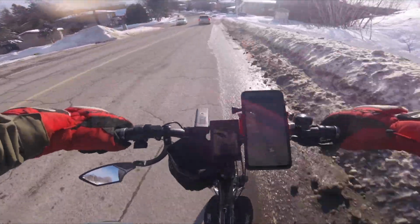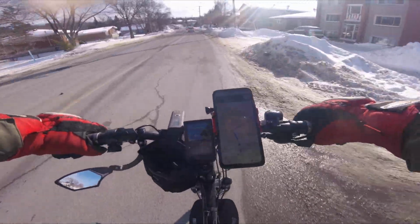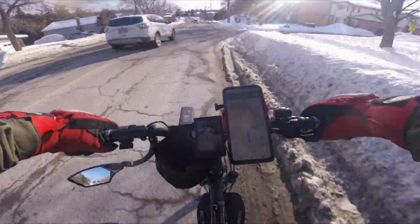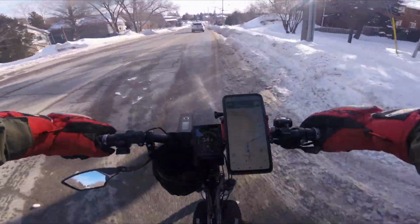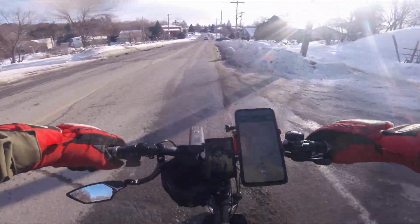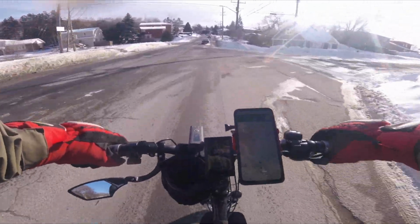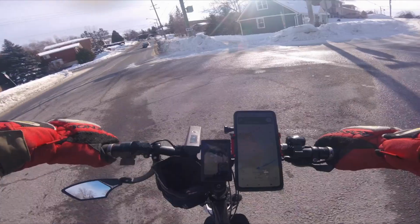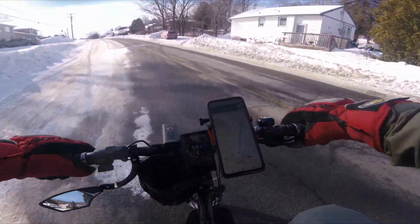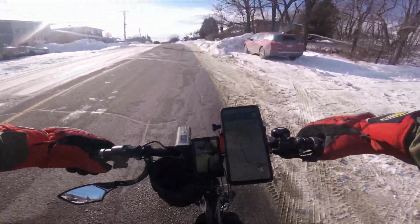I gotta pay attention here. I really can't keep up with a wider tire, heavier bike. So this would be a lightweight bike, right? Oh, I gotta turn here. So, right. So this way, okay, but anyway, what I'm saying is,